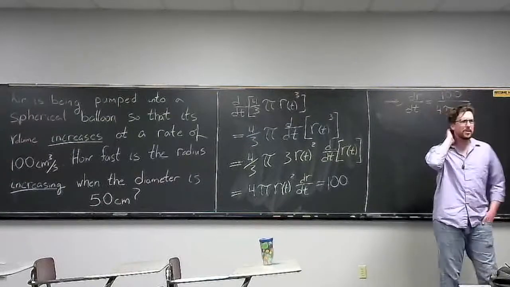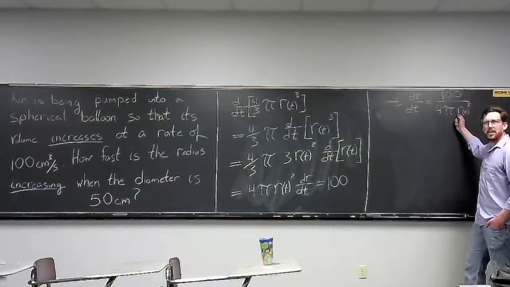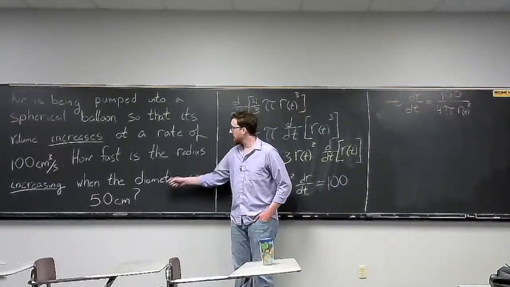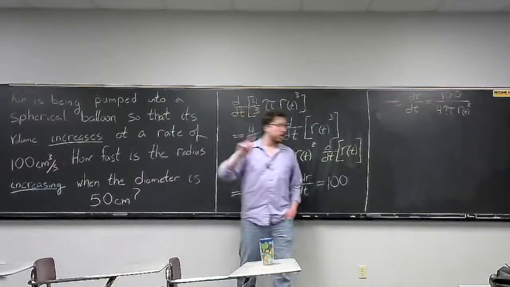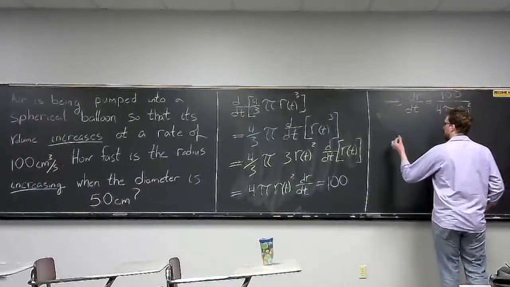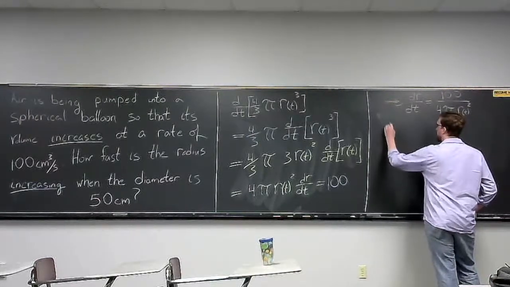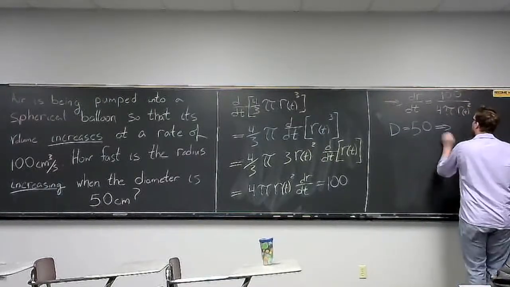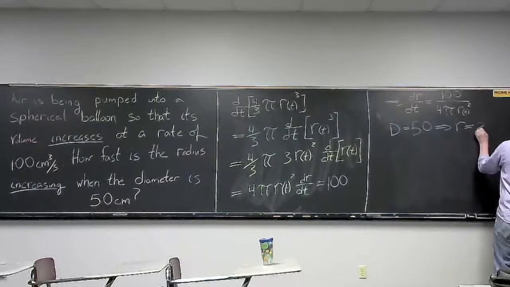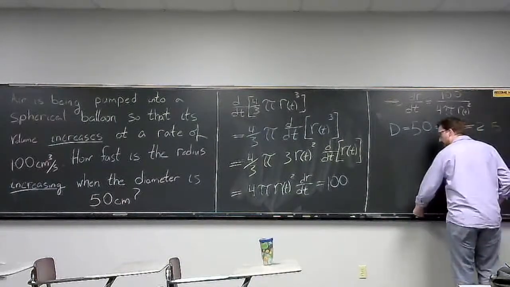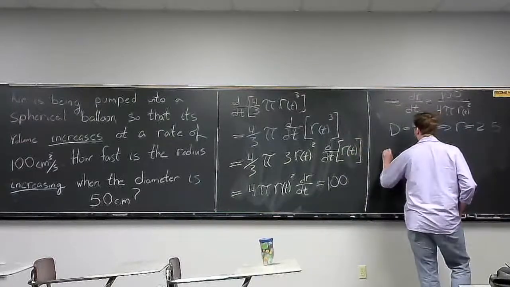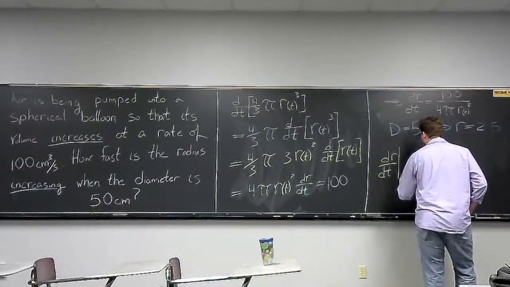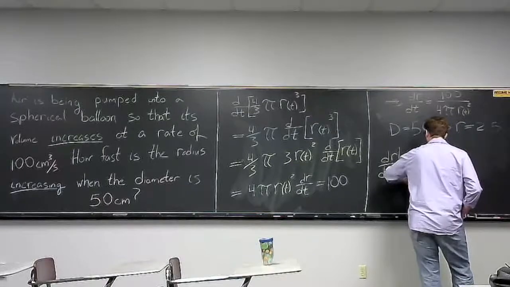Well, looking at this, it doesn't really matter what t is anymore, because what we care about is when the diameter is equal to 50 centimeters. So if the diameter, let's call that capital D, is equal to 50 centimeters, that tells us that the radius is equal to 25. So, to answer our question, dr/dt, when the radius is equal to 25,